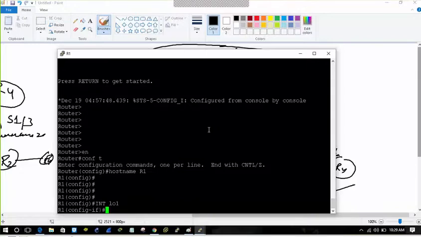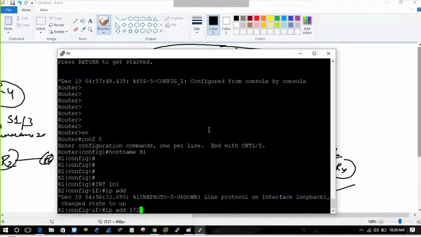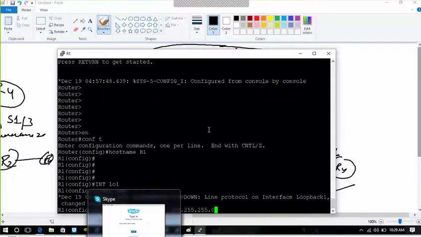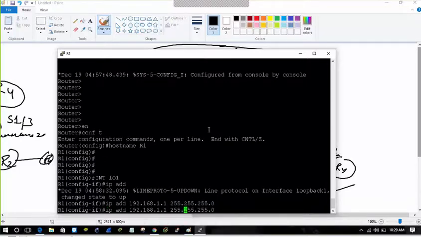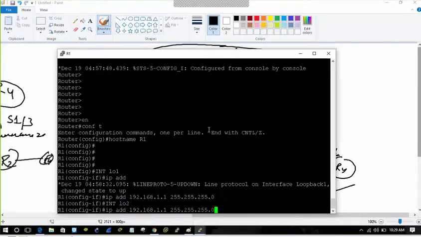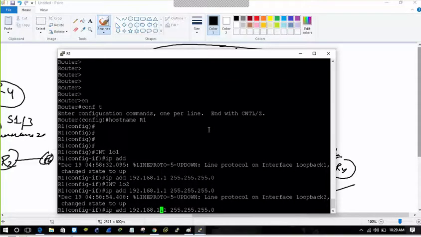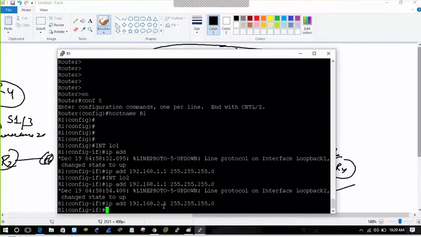Exactly. For example, let's make a loopback address of, let's say, 192.168.1.1, with 255.255.255.0. Then make an IP address for a separate network on the next loopback. Is it a separate network you're doing now? Yeah, because that was 1.0, now it is 2.0. Okay.